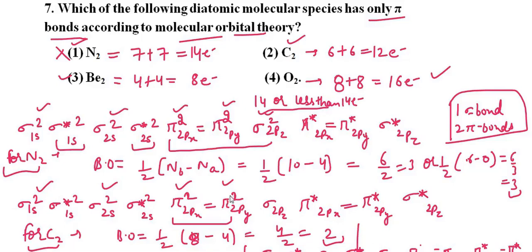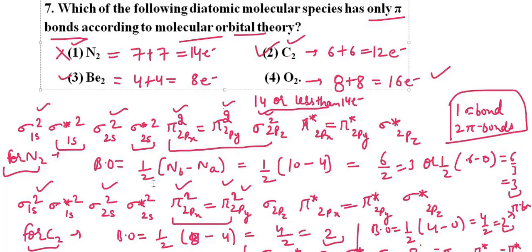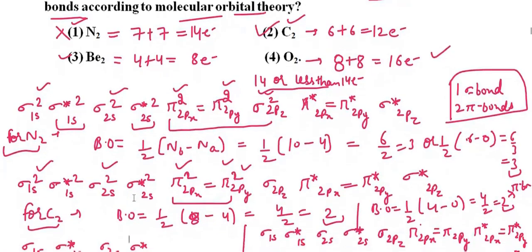But when we want to predict only the nature, then we have to consider the outermost shell electronic configuration, that is the molecular orbital configuration here. So we can calculate the bond order by considering the outermost like this. 1 by 2, in the outermost we have to consider the 2px 2py. So bonding minus 0, 4 minus 0, 4 by 2 is 2. So the bond order is 2 and both bonds are pi bonds. So our correct option is 2. Let's see the other ones also. In the case of beryllium, the atomic number is 4.